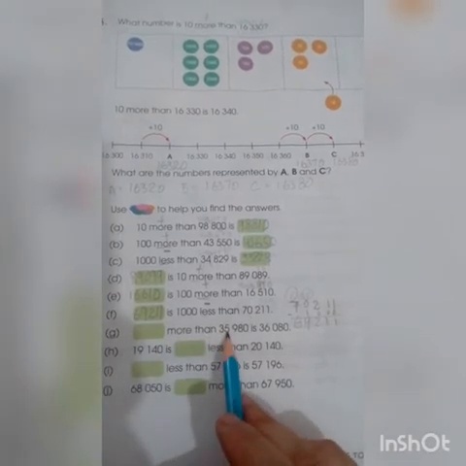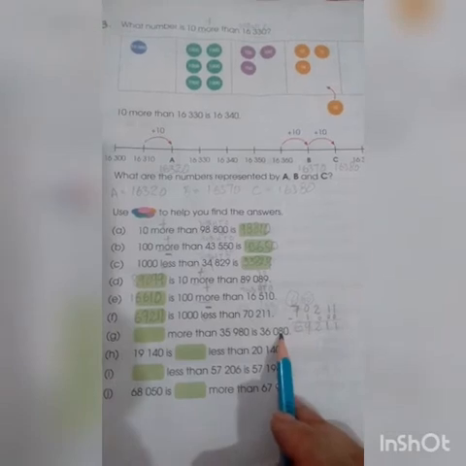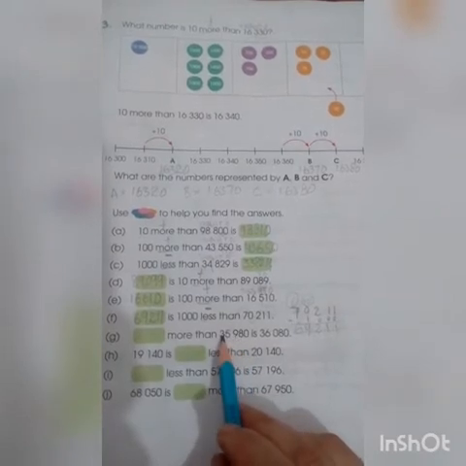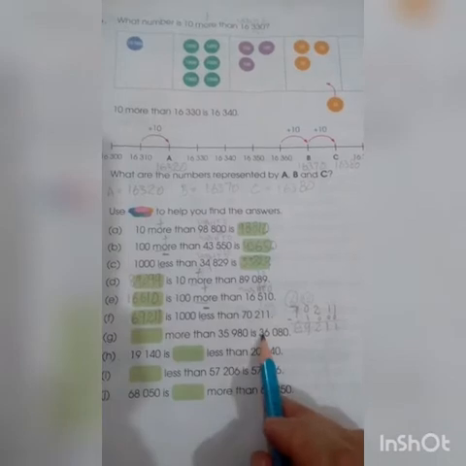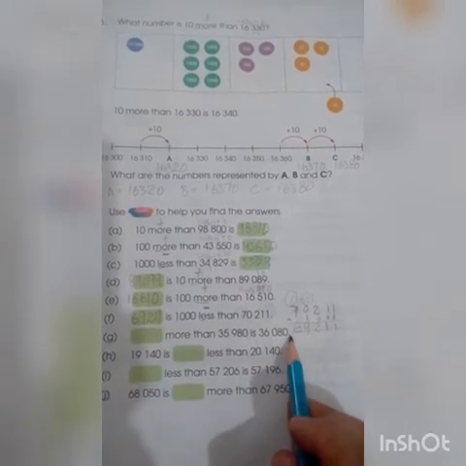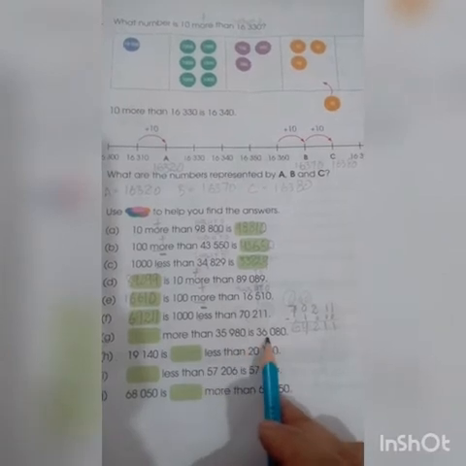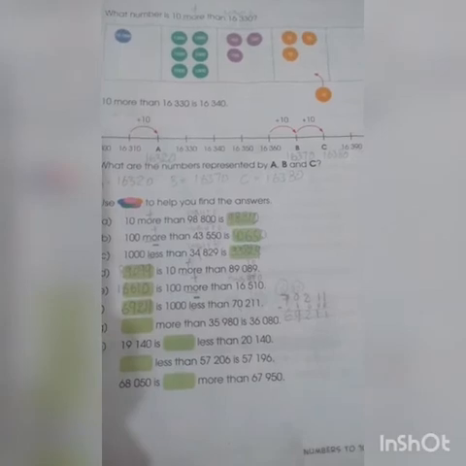Dash more than 35,980 is 36,080. Now students, we have to find out which number is more than 35,980 and their resultant is 36,080. Which number we are adding to 35,980 to get 36,080? For this purpose we have to subtract these two values.